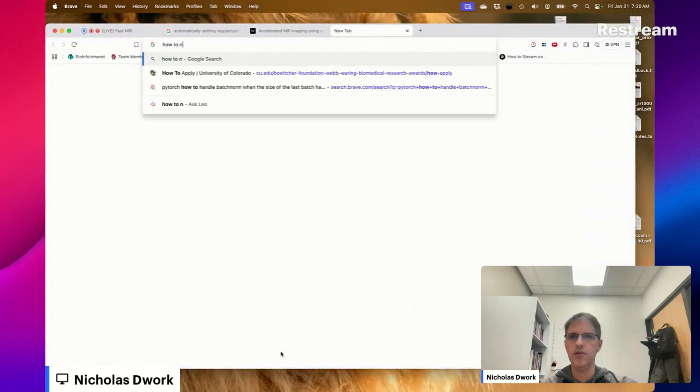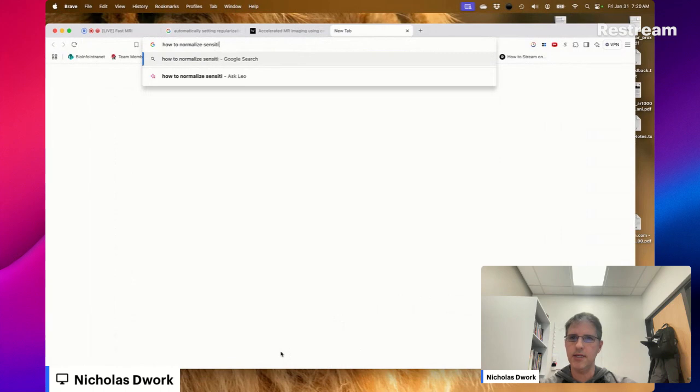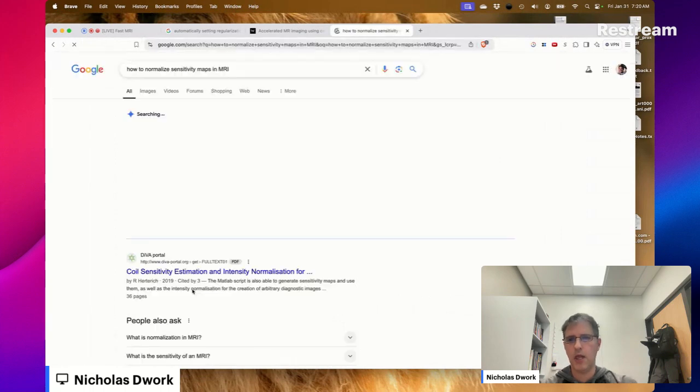This also means how to normalize sensitivity maps in MRI.